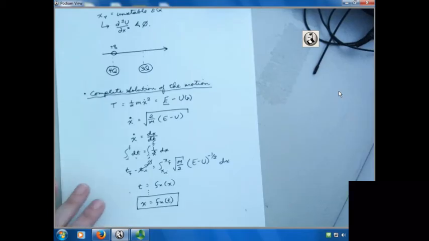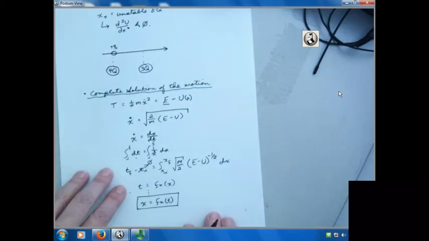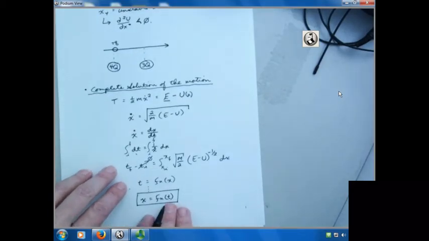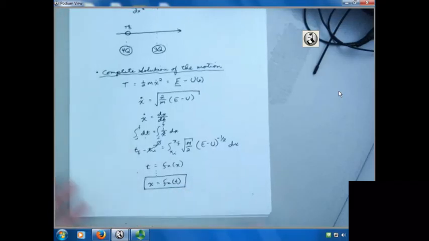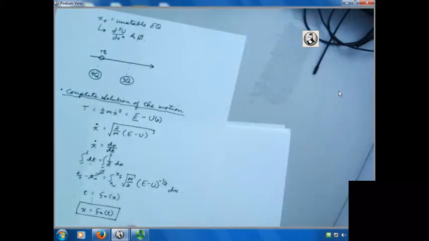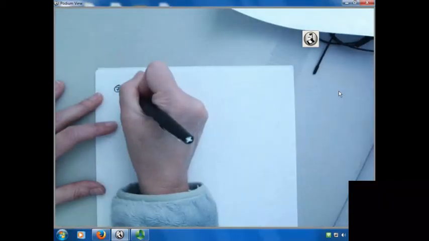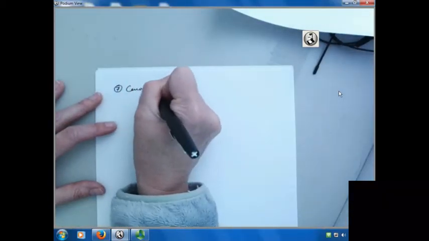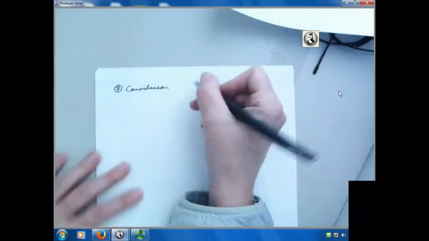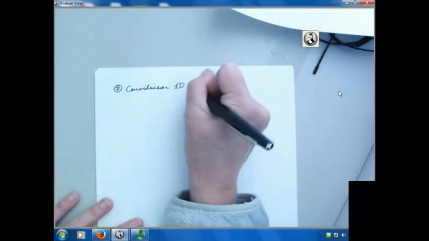All right. Now, we're going to also talk about other systems that are curvilinear. So I'm going to give you a quick preview of what we're going to do next time so that you can read it before you come. Curvilinear systems that are still one-dimensional.